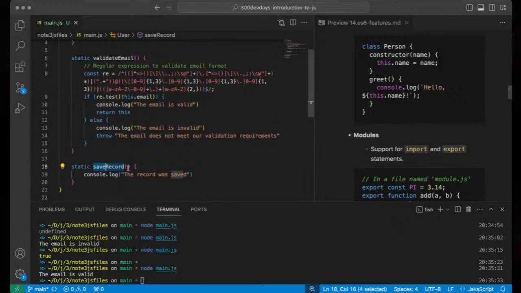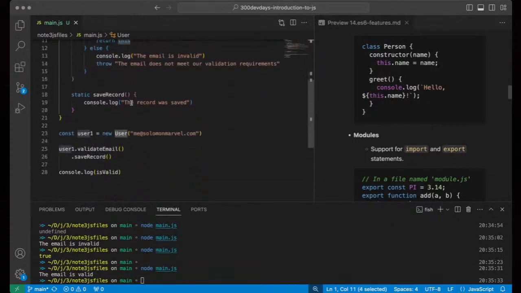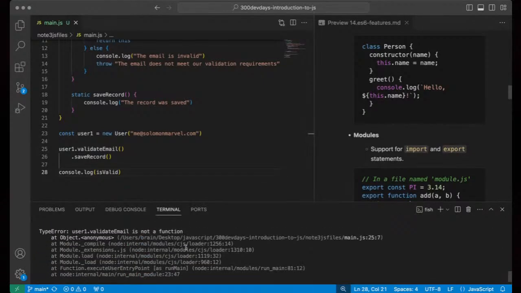So this is a way you can compose different actions within a single entity called the user class, right? And eventually it makes sense that you are able to say something like user1.validateEmail, and if the email is valid, then of course go ahead and save the record. If it's invalid, then we throw an error, and once we throw an error, we have terminated that execution, right? So I hope that makes sense to you. Yeah, we'll probably experiment with this even better later, right?